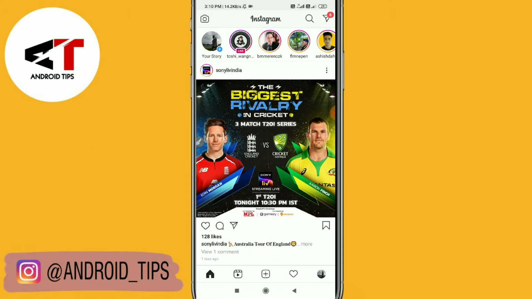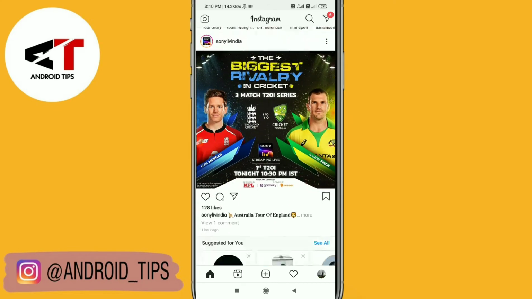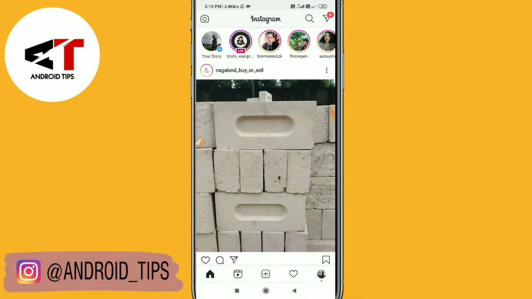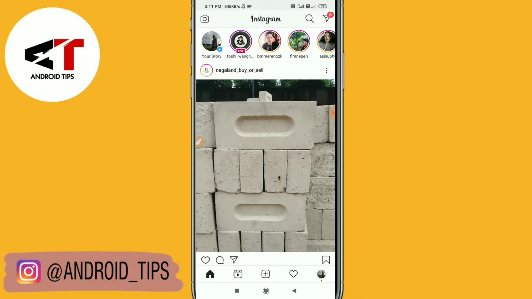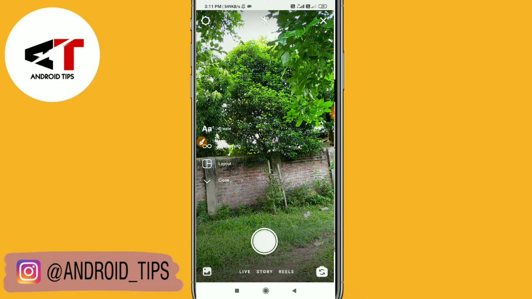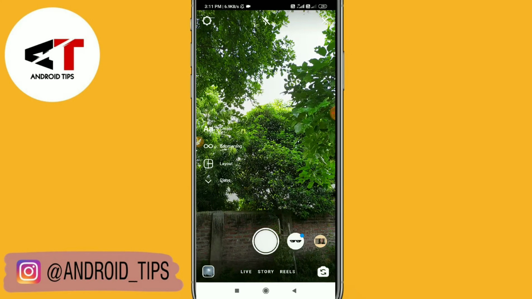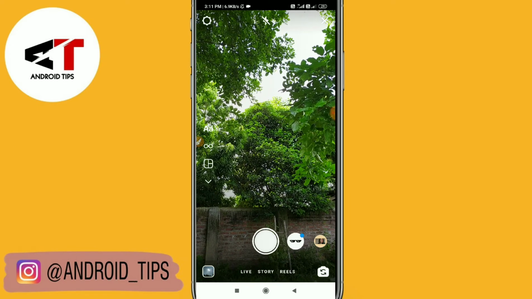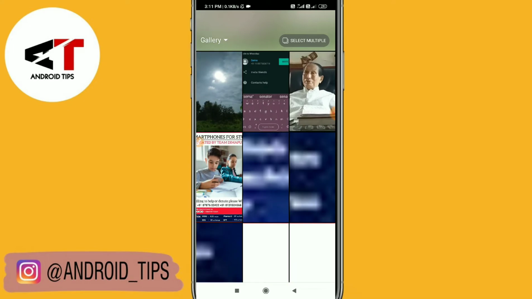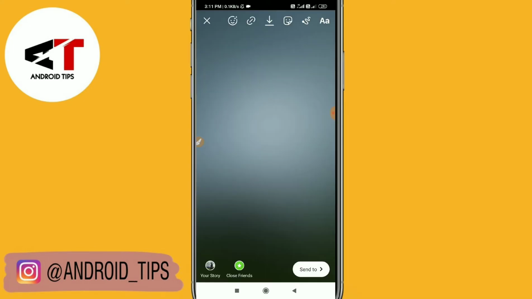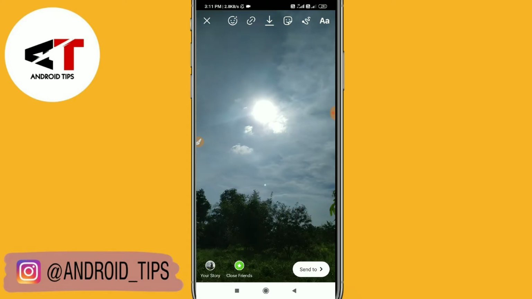So this is my Instagram account, so I'll show you how to use Ask Question features on your story. So first thing, you need to tap here and it will open up your camera, and then you can either click the picture or you can take it from your gallery. So I will just select this picture, then it will show up like that,